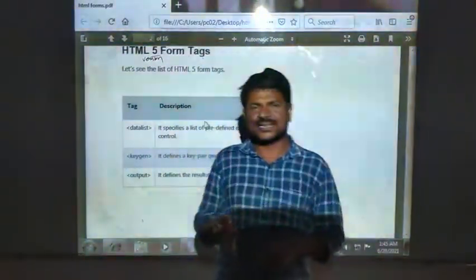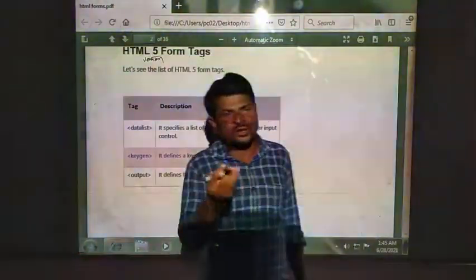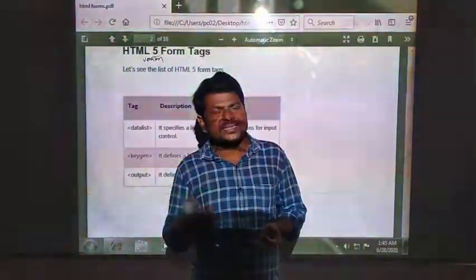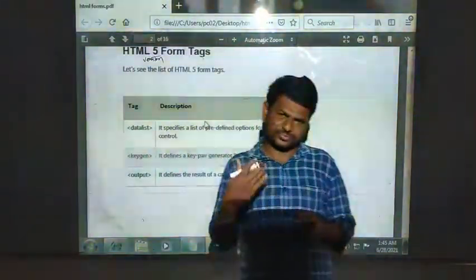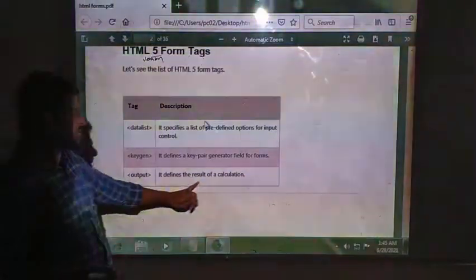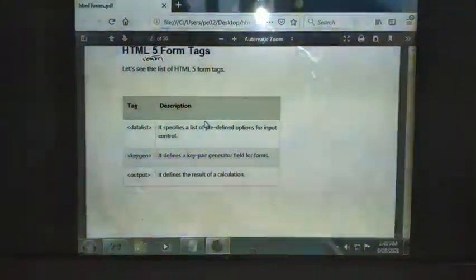Okay, if you forget your email password, a one-time password is generated, right? It is a key to log into your particular mail. In the same way, output defines the result of a calculation. Now, if you see further,